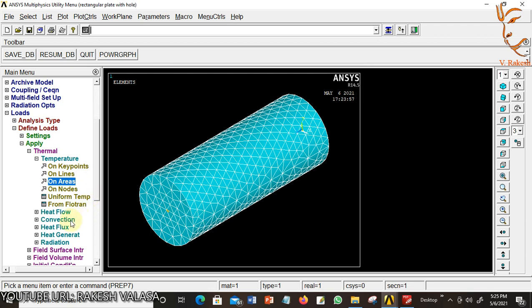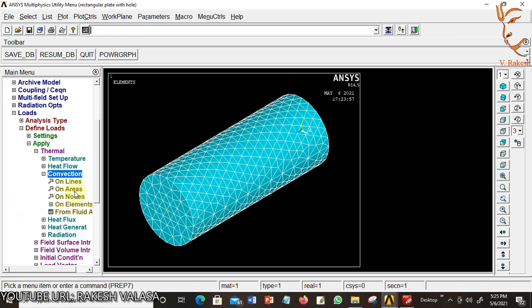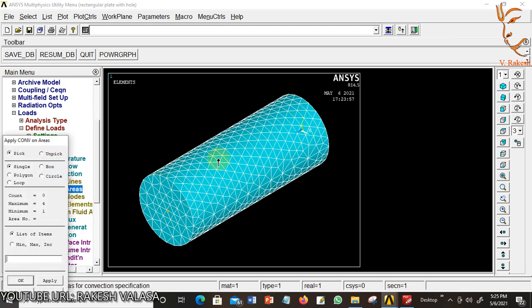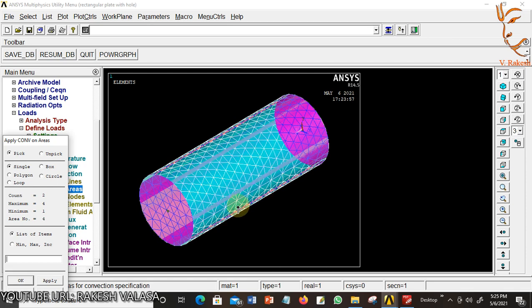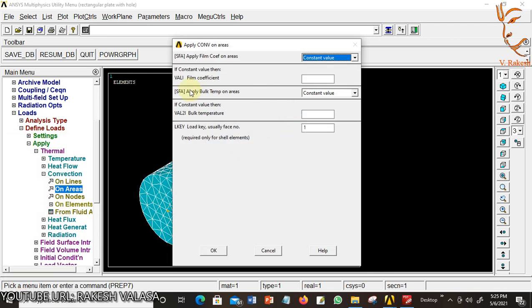Next one is the lateral surface having convection temperature. For applying convection, I am choosing convection on areas. Now I am choosing this area, that means top area and bottom area. You can see here the count is 2. Click on OK. The film coefficient, already we know, is 5 watt per centimeter square degree centigrade, and bulk temperature is 40 degrees centigrade.